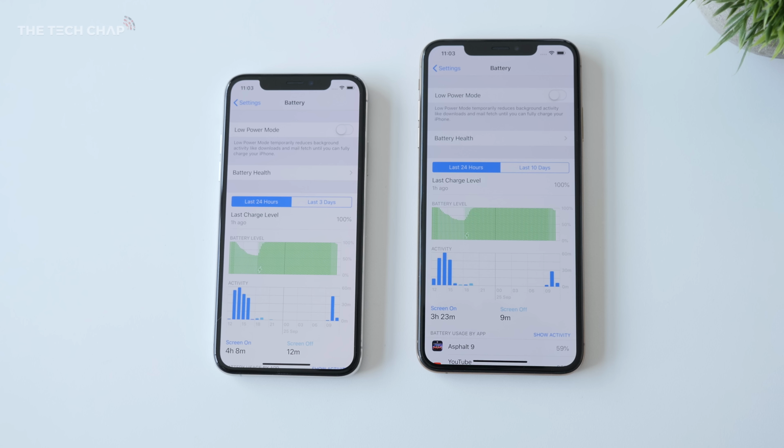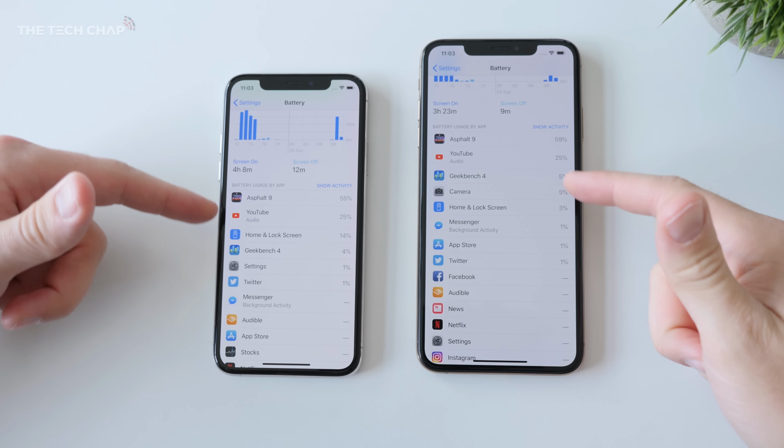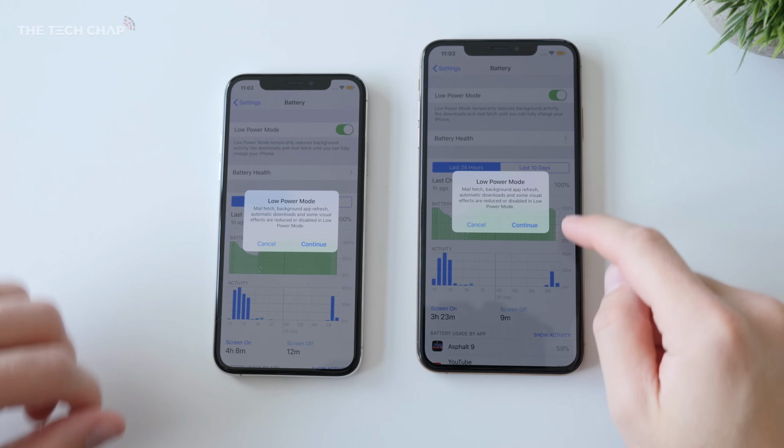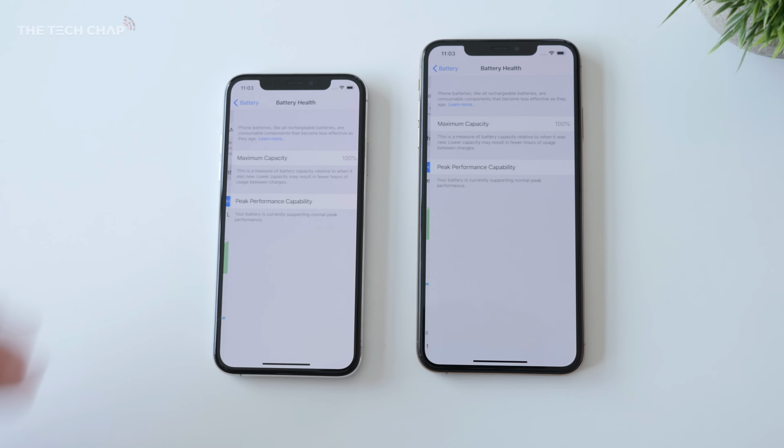At the end of a normal day, I have about 30% left on my XS and about 34% on the Max, so it's not a major difference. It's probably not a big enough reason to buy the Max over the XS alone, but it is a nice bonus. So the big upgrades this year really are the A12 processors and the better cameras, with both phones offering